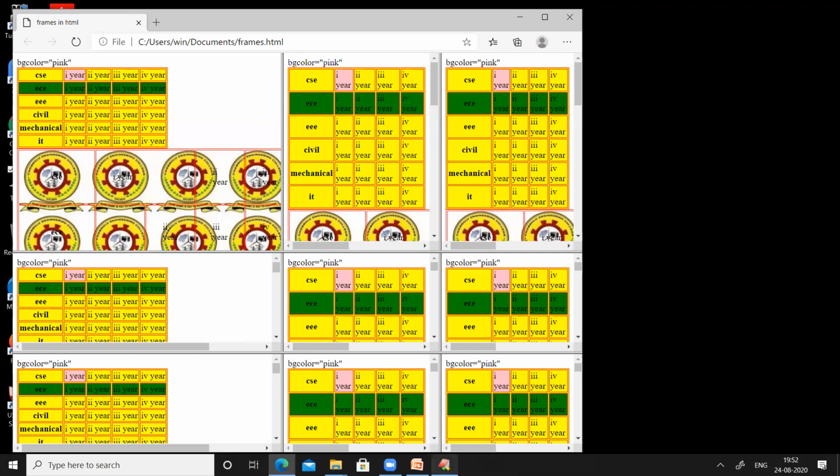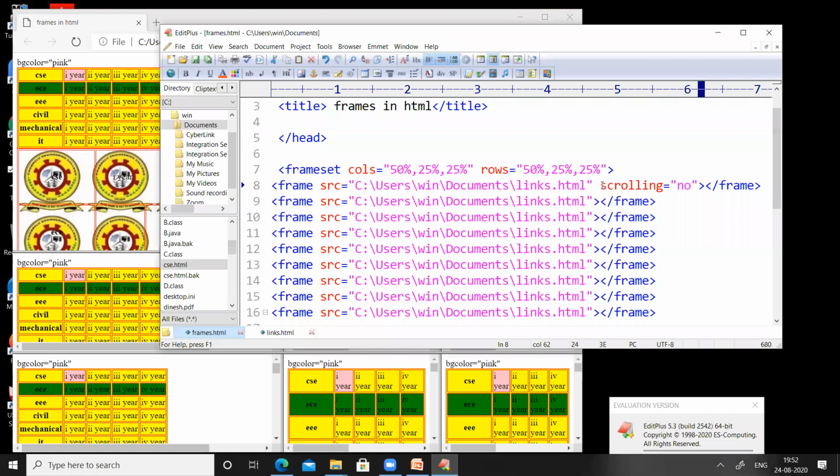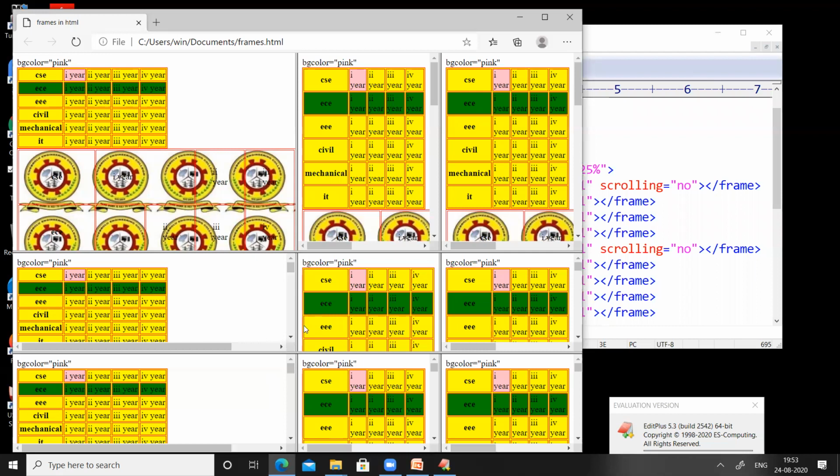So let us use the scrolling attribute with the no value for the fifth frame. Okay, just save the program and make a refresh in this one. You can observe the scroll bars have been deleted for this particular fifth frame.